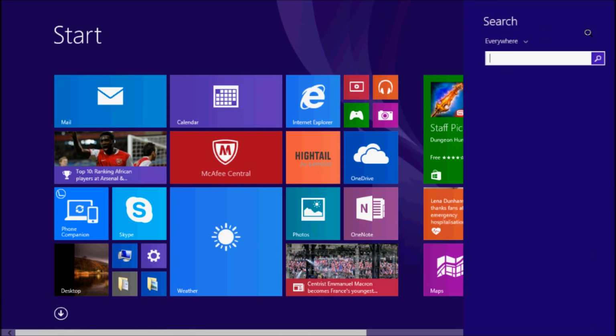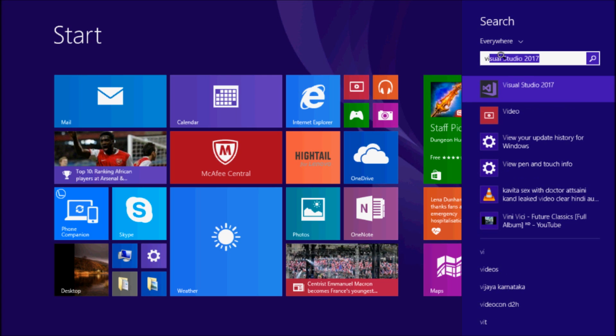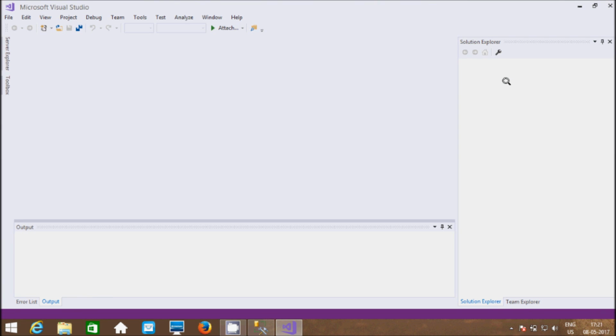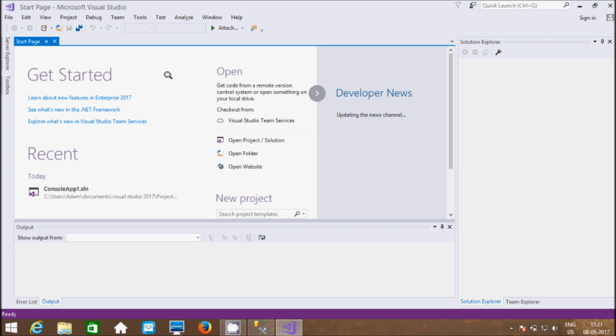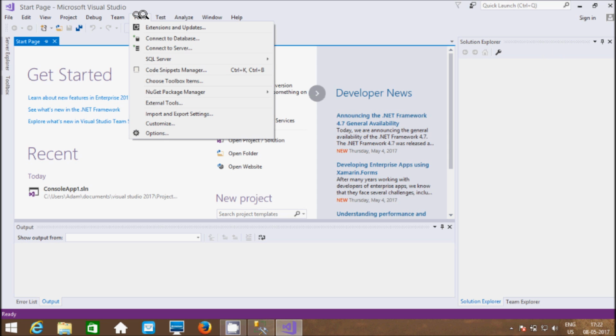Now let's search for Visual Studio 2017. Here first go to the tools tab and next connect to database.